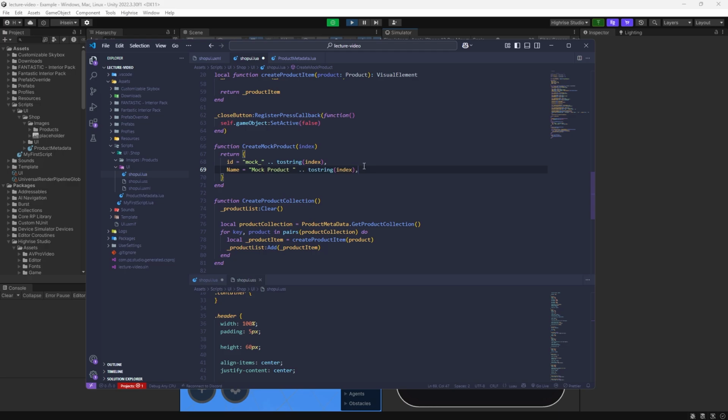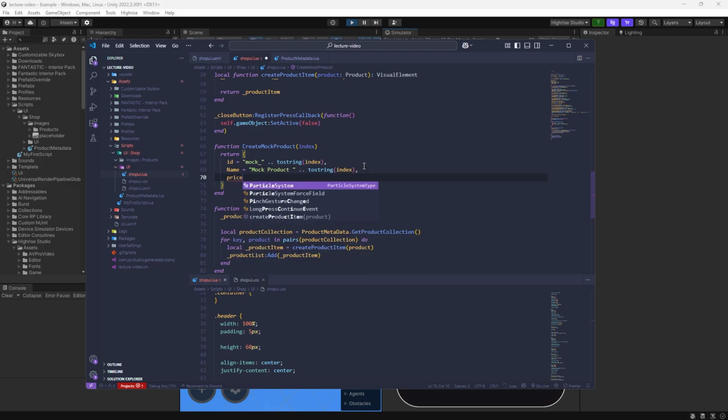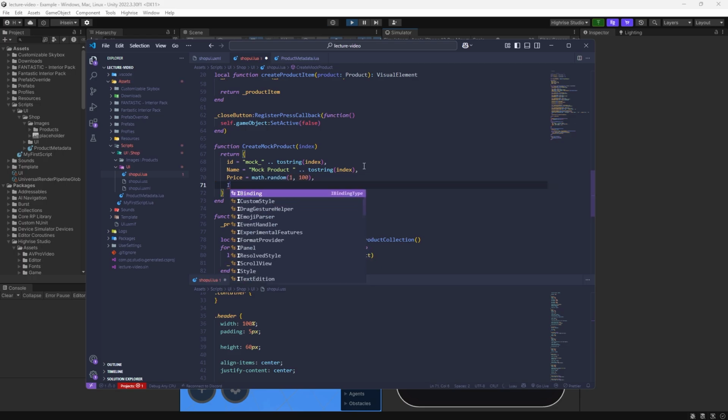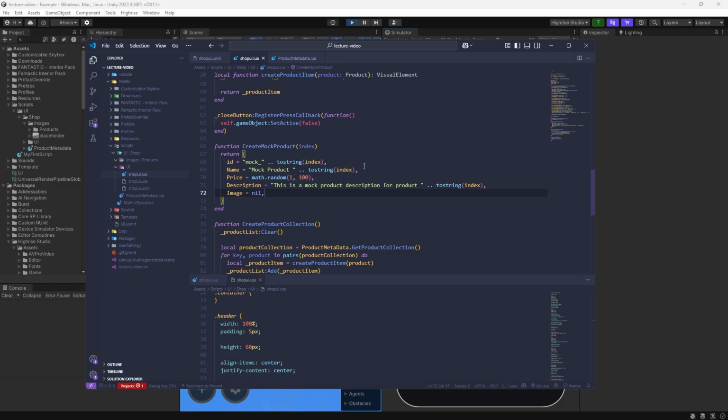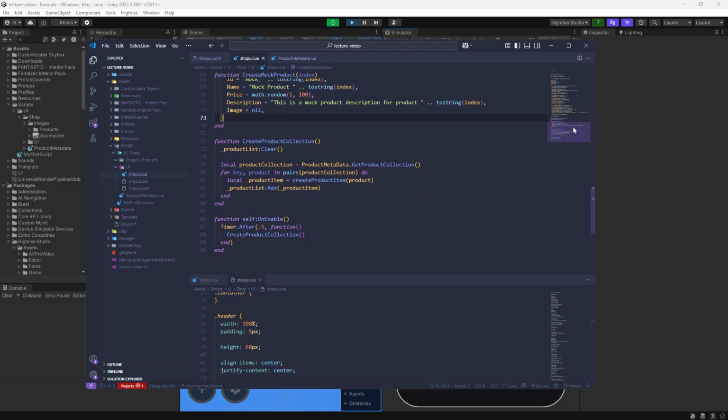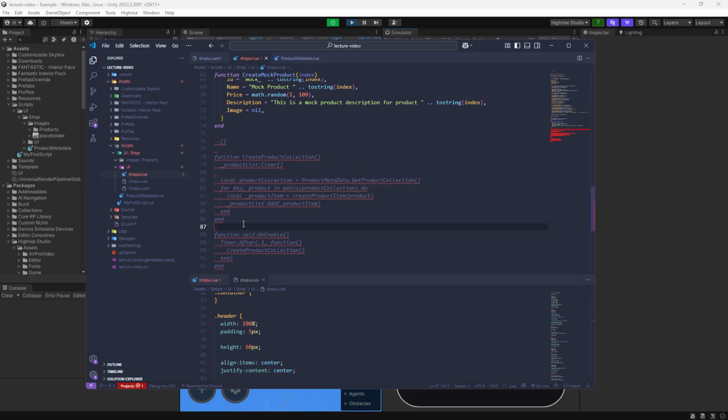For now, this is what I'm going to be doing. I'm going to say mock product and then the index, and then the price is going to just be math random. And then for the description, we can just do anything. Image is nil. This will basically replace it with the placeholder. And now that's done, we are going to change a few things in the create product collection. To not mess this up, I'm going to comment this function out, and then I'm going to duplicate it and create,